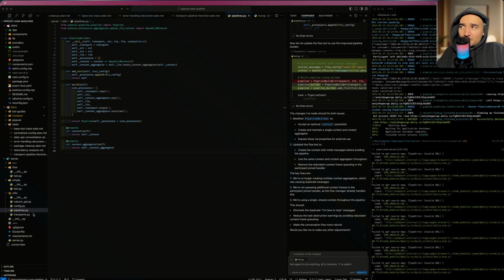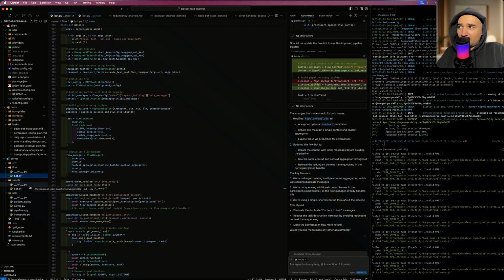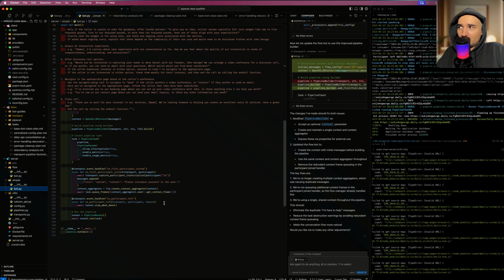Okay, so we've now got a pipeline builder and a transport factory, which is used successfully by both the simple bot and the flow bot. And we got to the bottom of why the flow bot was repeating messages more than once. It's because there was more than one context aggregator in there. So fixed that. And now if we run the flow bot,